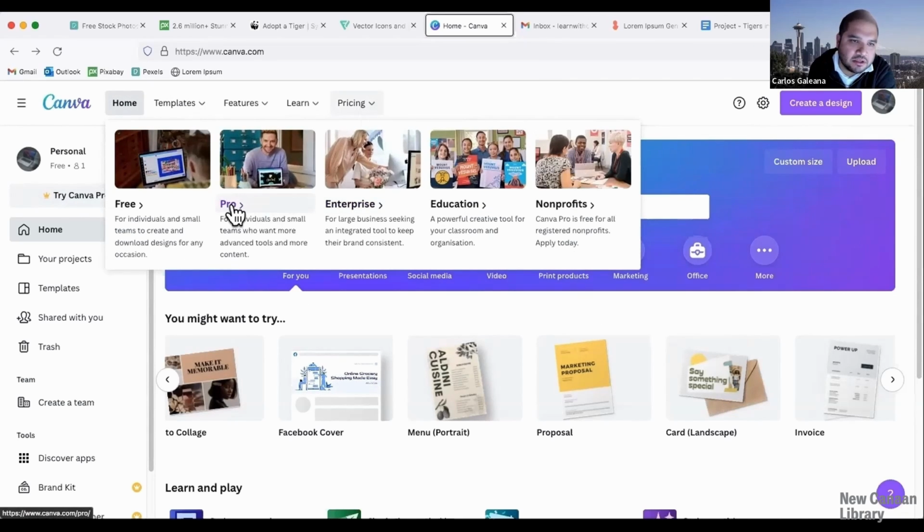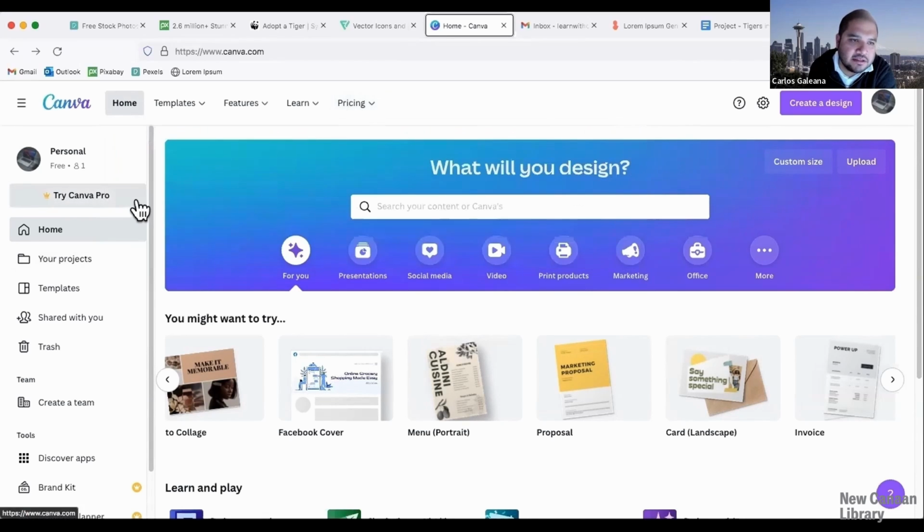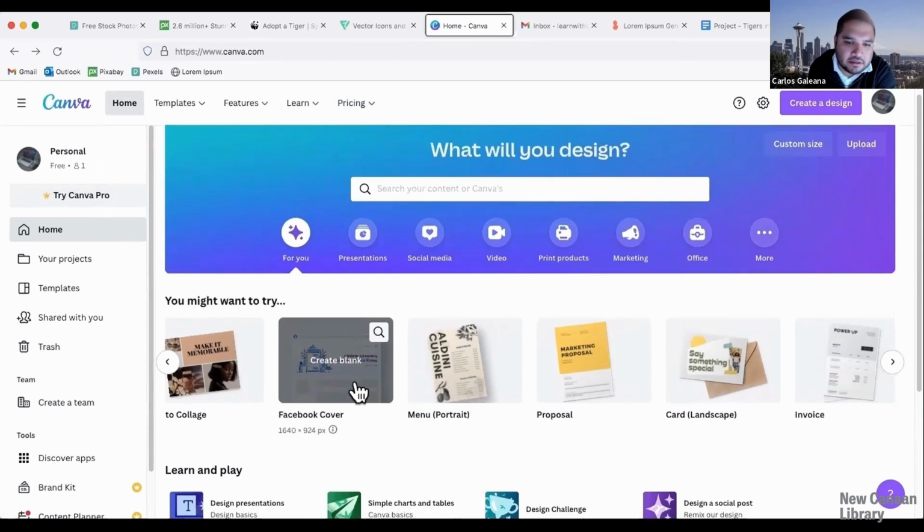There's the Pro license, Enterprise for a larger business. If you run an educational organization or nonprofit, if you run a nonprofit, you could actually apply to get a Canva Pro license for free. I'm currently on the free license, and for this demonstration, I'll be using the free license.